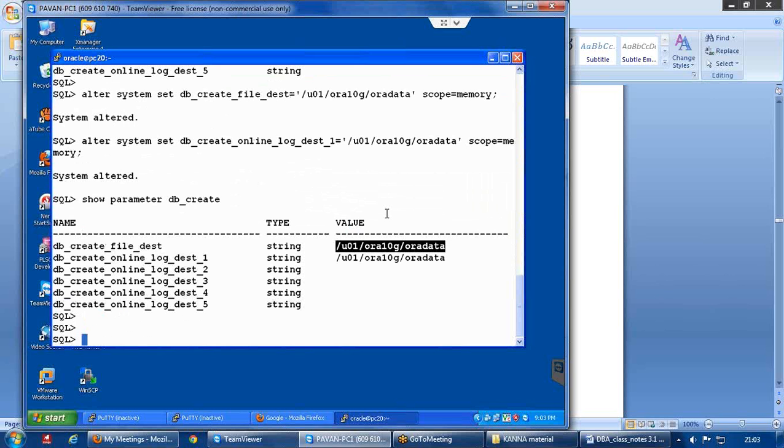Now this gives the advantage for us in issuing the commands. For example, if you want to create a redo log group, you are going to use this command: alter database add logfile group. I am just showing the old command once, then I will come back to the new command.